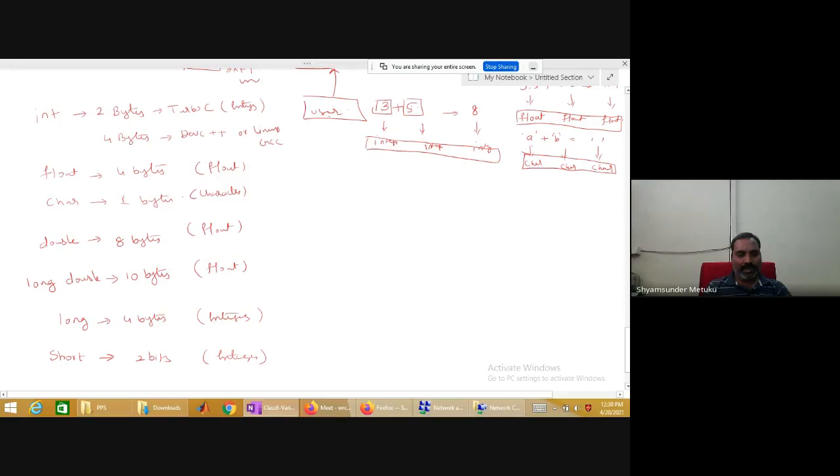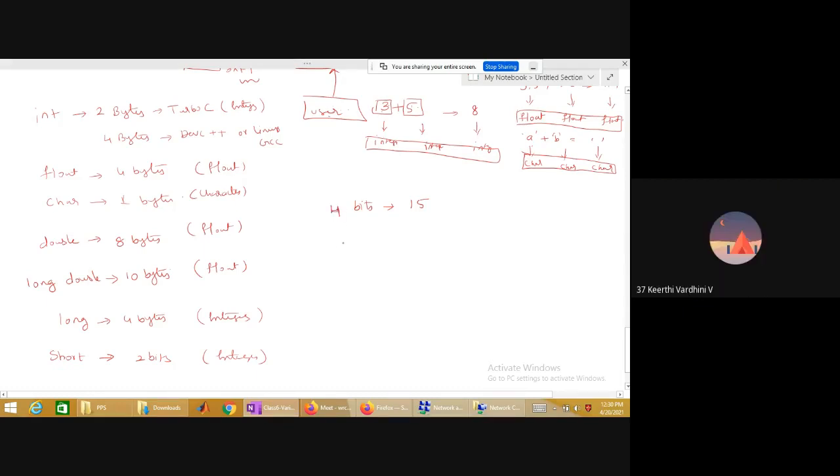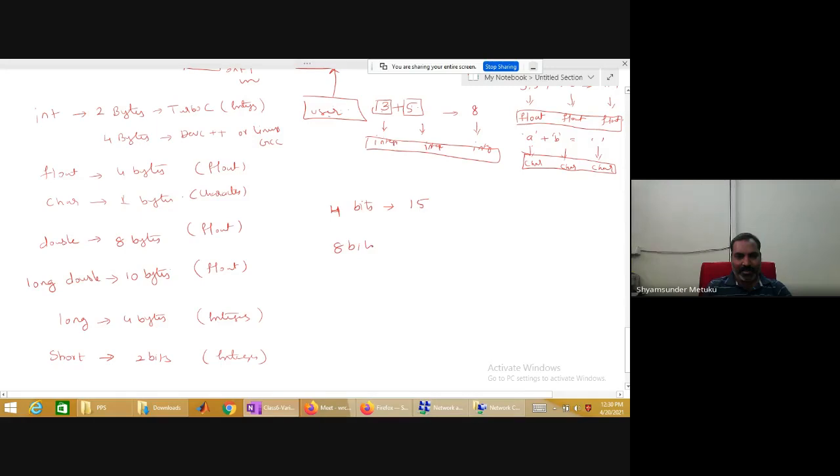Only thing is the length. Just now you told me, right? When there are 4 bits, what is the maximum number I can represent? 15, right or not? If it is 8 bits, what is the maximum number I can represent? 256, yes or no? If it is 16 bits, 32,000, not 32,000, it is 65,535.